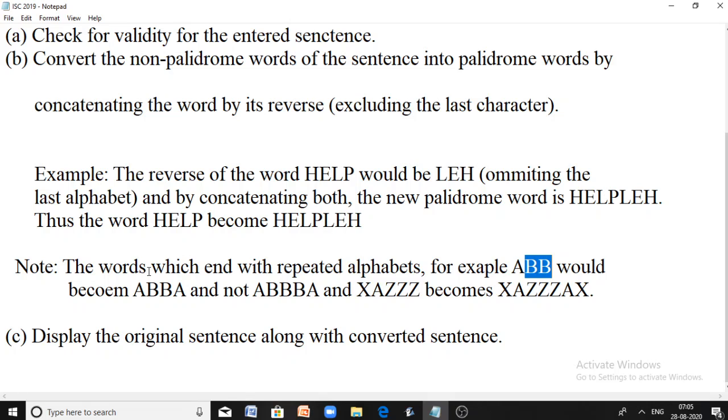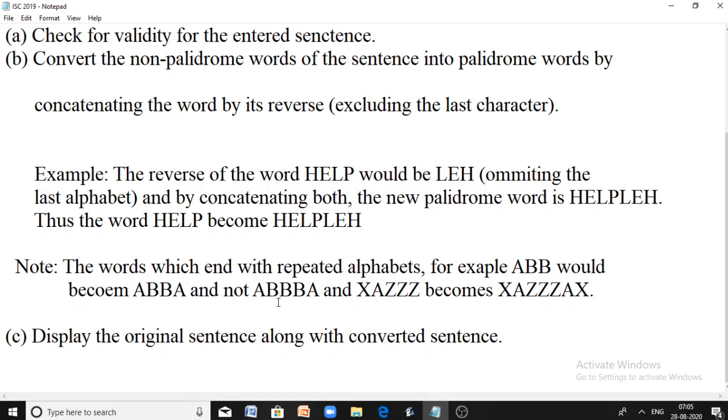In that case, it should not follow the regular procedure, like ABB, then the reverse of ABB excluding the last character. The last character is B, right? If you exclude the last character, then the remaining will be BA, so what will happen is ABBBA, but this should not happen.